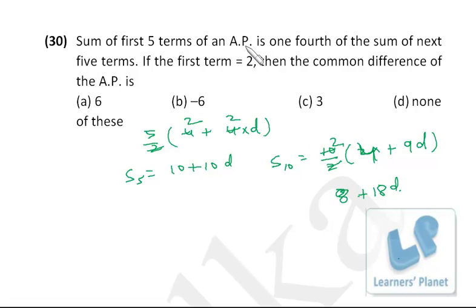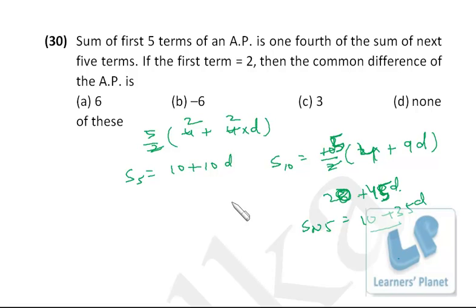But the relationship given over here is that the sum of 5 terms is 1/4 of the sum of next 5 terms. So if we want to find out the sum of next 5 terms, because the sum till 10 terms also includes the first 5, we want the sum of next 5 terms, right? So the sum of next 5 terms will be what? From this we'll deduct this, right? I'm sorry, I have made a calculation mistake over here. It's 5 into 4, 20 plus 45d. So from this, 20 minus 10 is 10, 45 minus 10 is